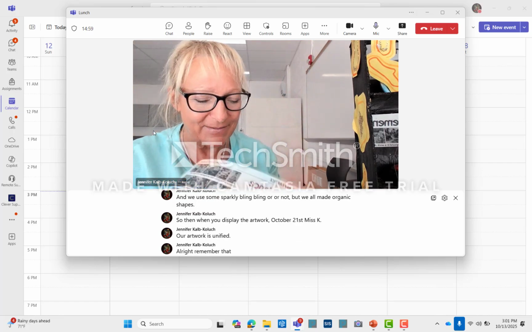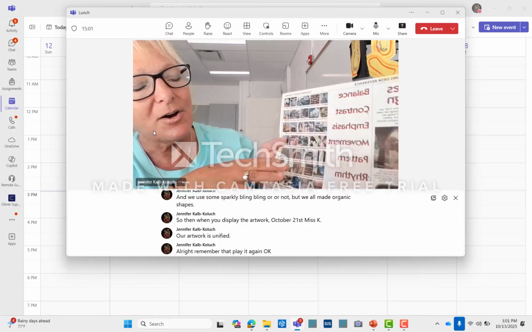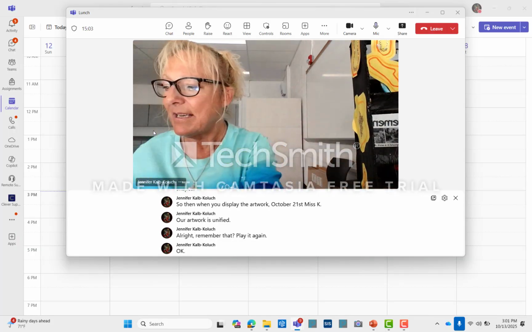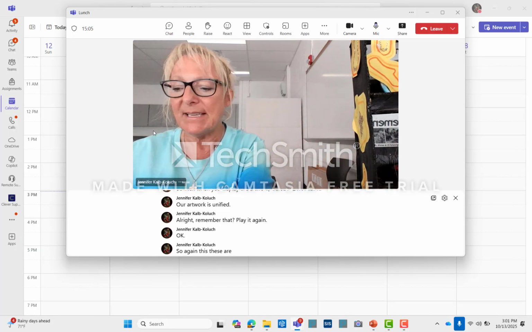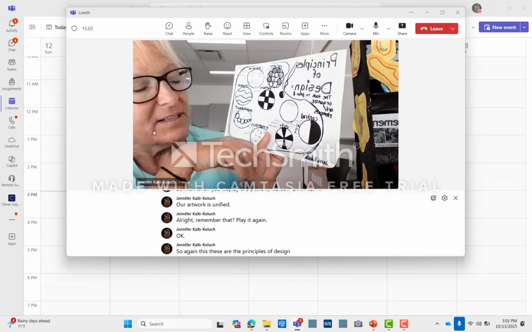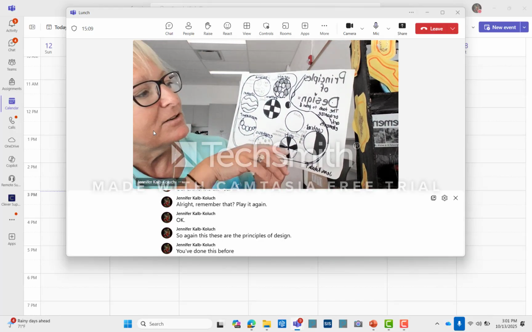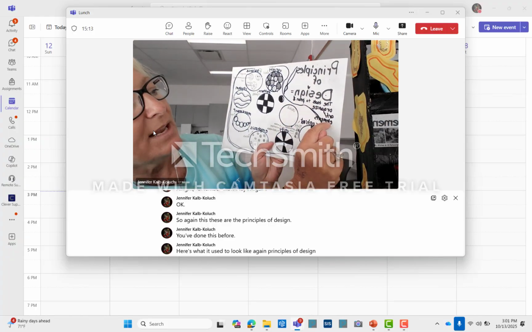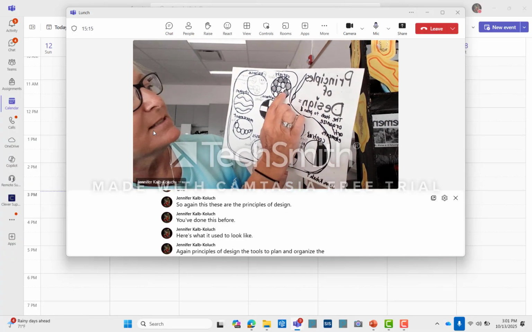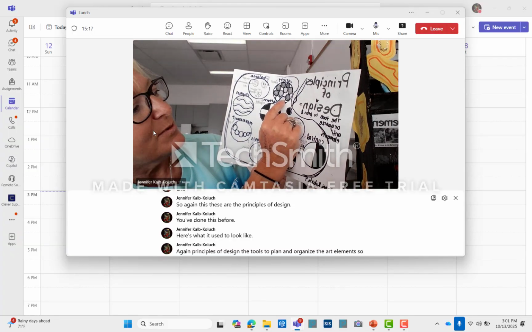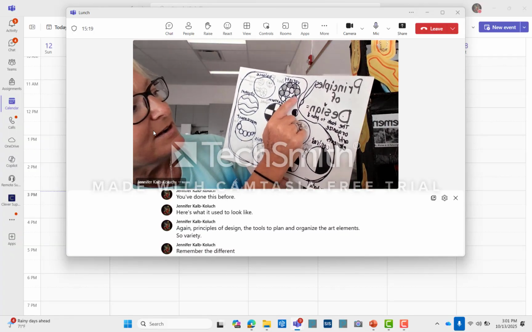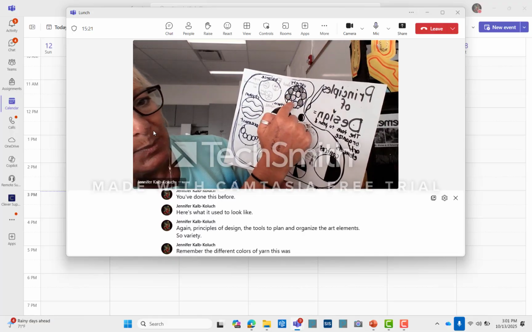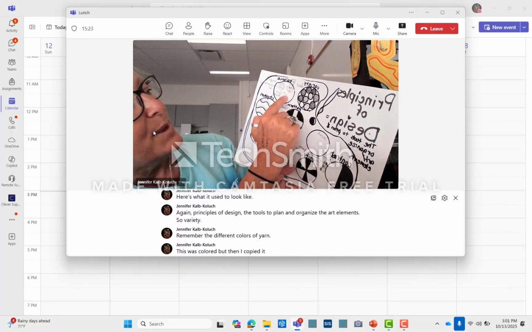Play it again, okay? So again, these are the principles of design. We've done this before. Here's what it used to look like. Again, principles of design, the tools to plan and organize the art elements. So variety, remember the different colors of yarn. This was colored, but then I copied it. So balance,